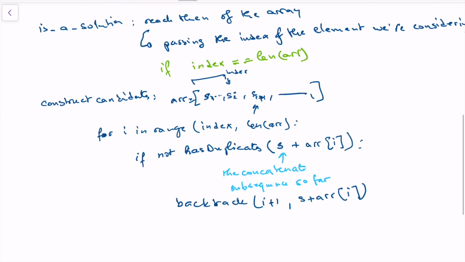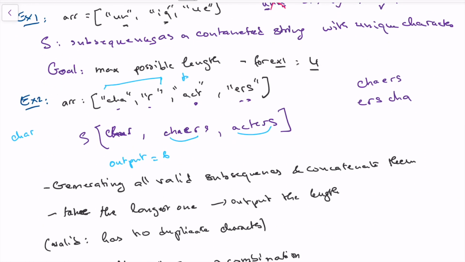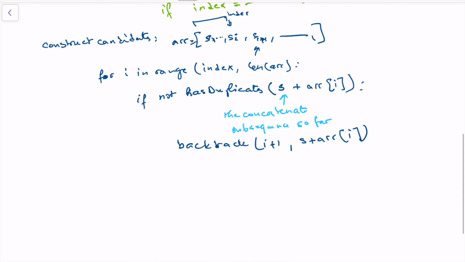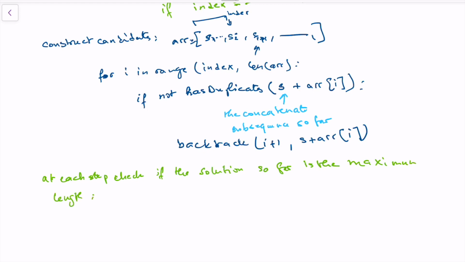And then at the end, while doing every call, we want to be able to return the maximum length, since the problem doesn't ask us for all the subsequences. What we are interested in is just the max length. So we could just change this slightly, and at each step, check if the solution so far is the maximum length, right? And that would be just by doing something like